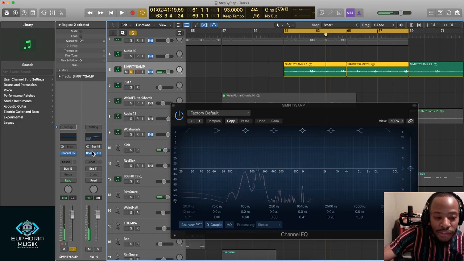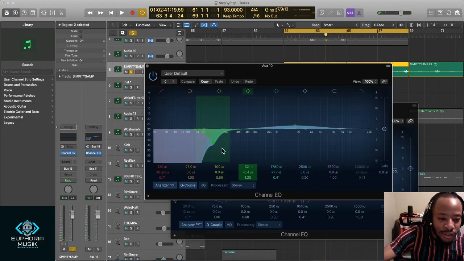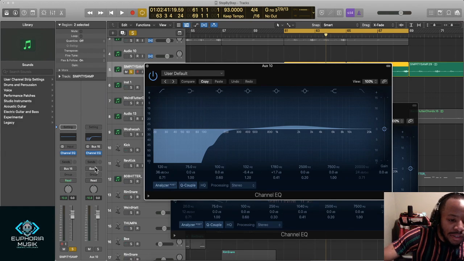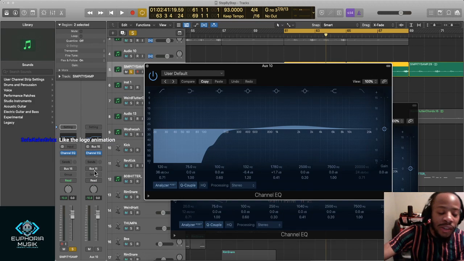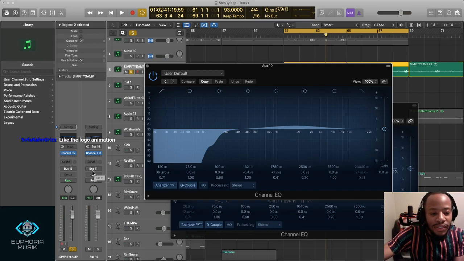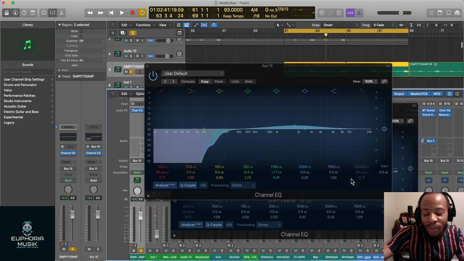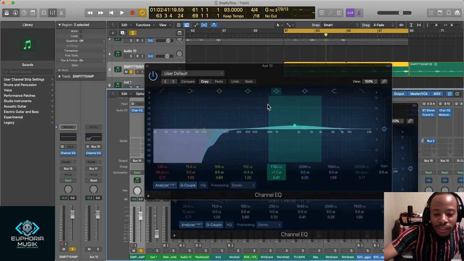This is just filtering, like what I did on this channel, which is just a bus. As you can see, it's bussed out to 15. 15's right here. That's the input. And then that is bussed out to another bus. What does that do? I think that's just the overall volume of the instruments actually.